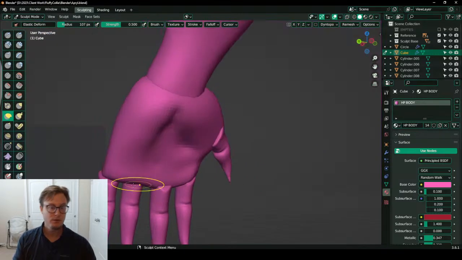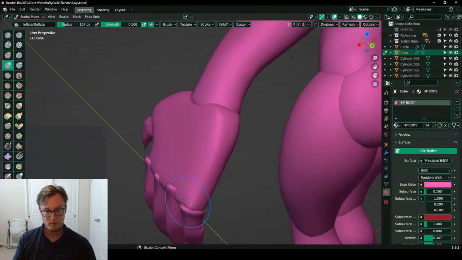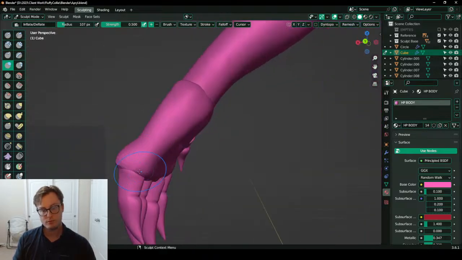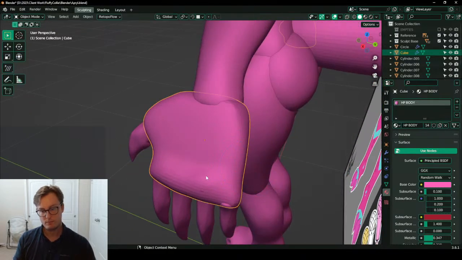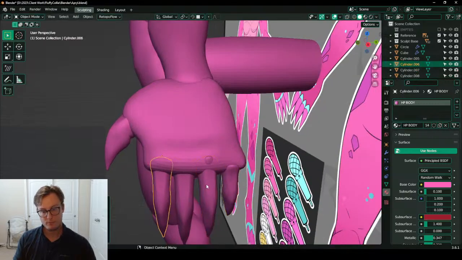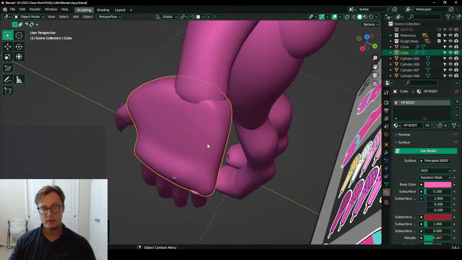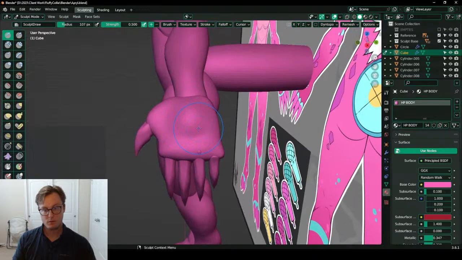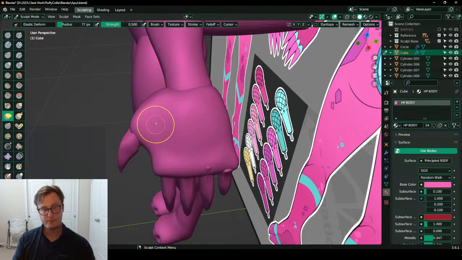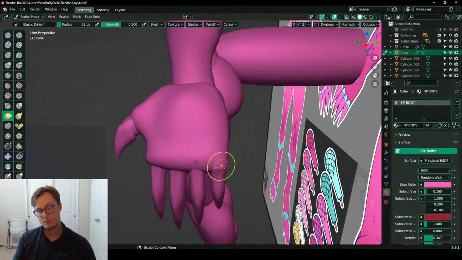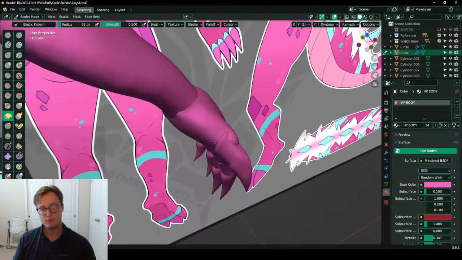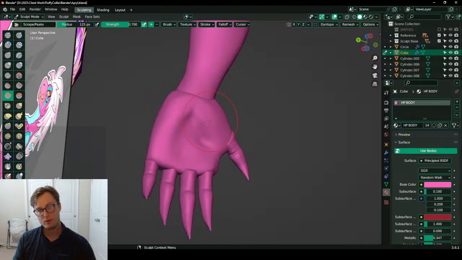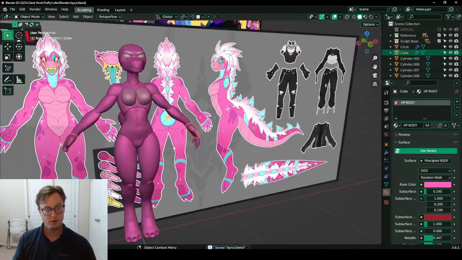Smooth that. Come back to that. It's very mushy right now, very Play-Doh-y.